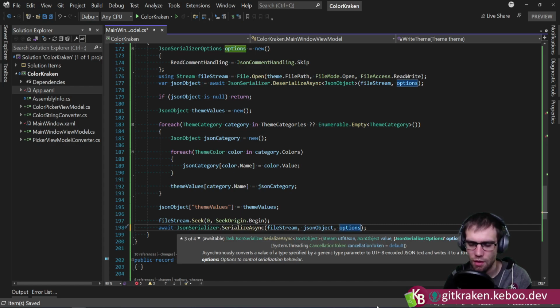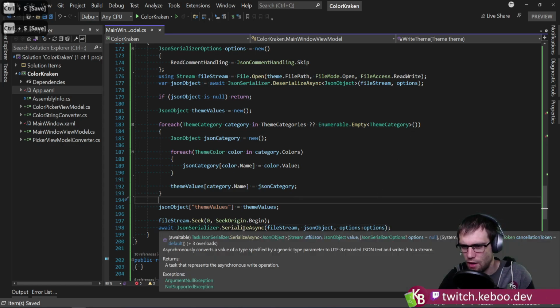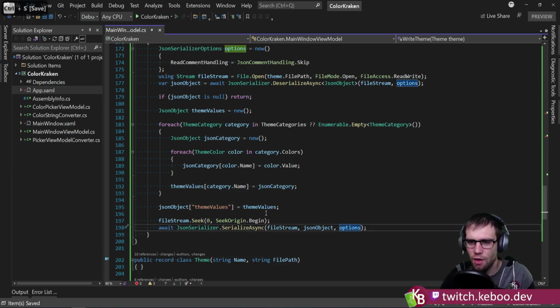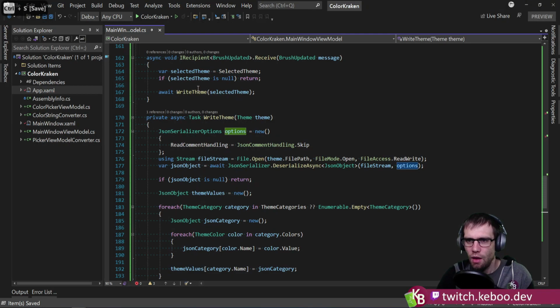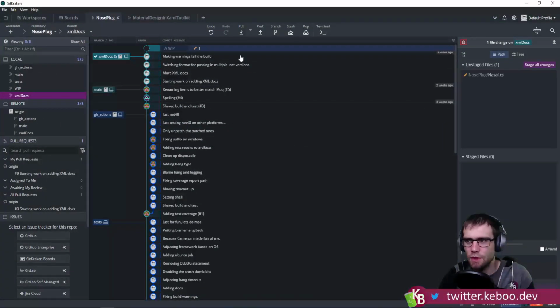Let's see. Something like that, I think, is what I want. Actually, I guess I don't even need to name the parameter on that. Okay. Let's try it. So with any luck,